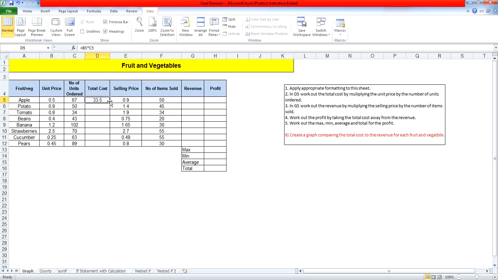To replicate or repeat the same function for the rest of the cells, we need to put our mouse here and use the fill handle. So we copied the same equation. To know that we're right, just double click any cell so the cell reference is displayed here. Okay, then we need to